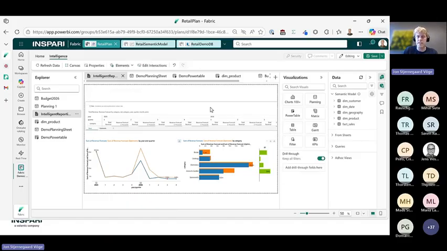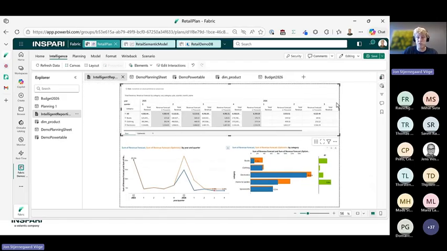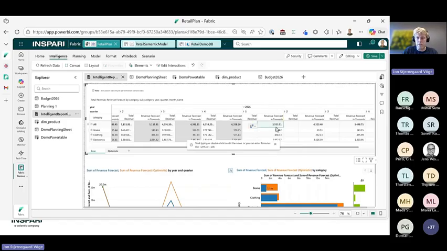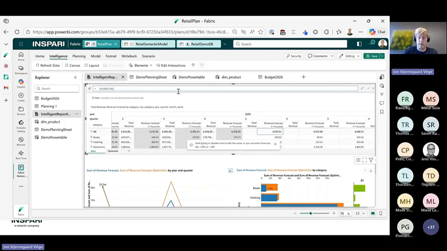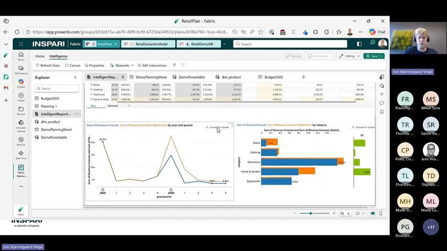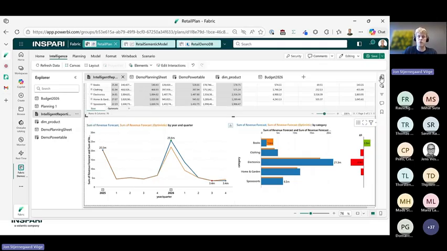What I am happy with is the possibility of integrating your planning sheets and your Power Table sheets directly in the dashboard. If we zoom in a little, if I were to update the values in this planning sheet, I can do that from within the report itself. It will take a little while, but you can see now it says queued for update, and it will reflect that change in the underlying data once it finishes updating. So you can see now the blue scenario surpassed the orange one. That's pretty cool that you can just have that built into your reporting solution.